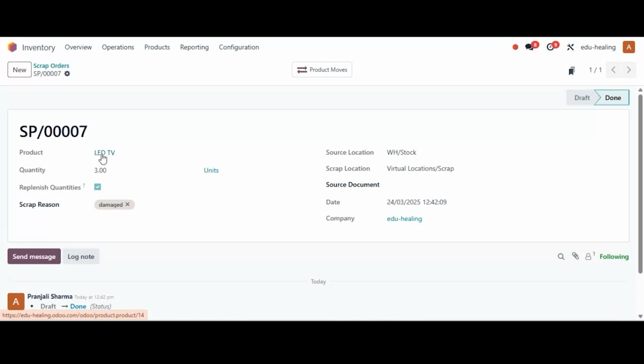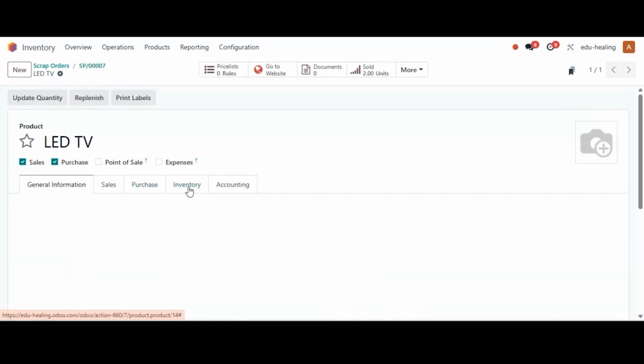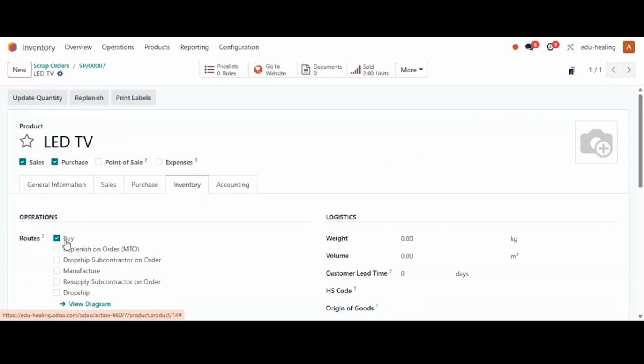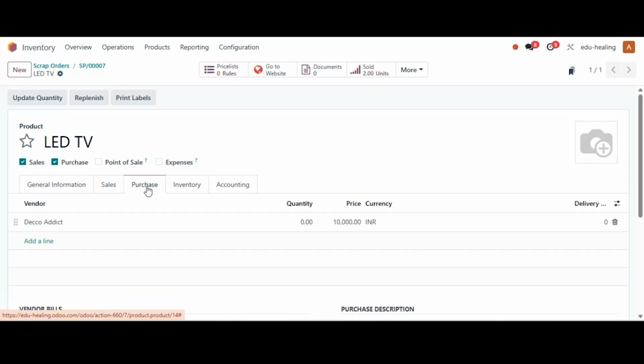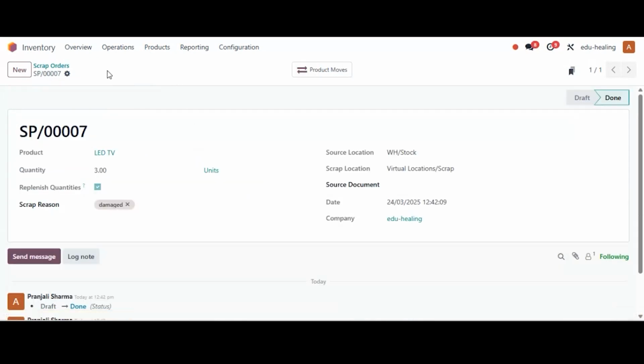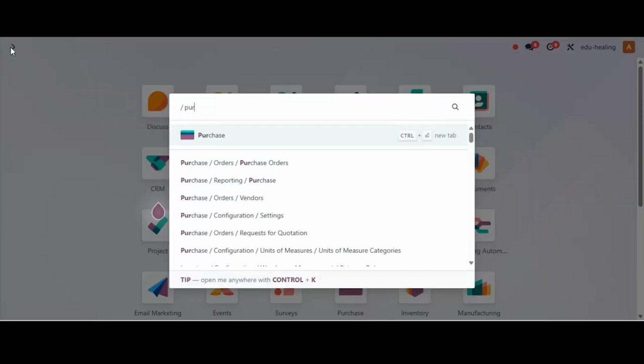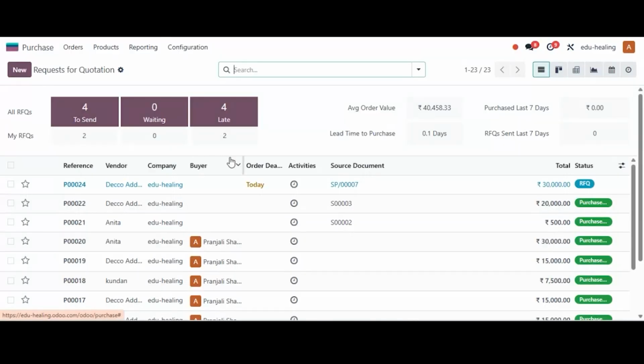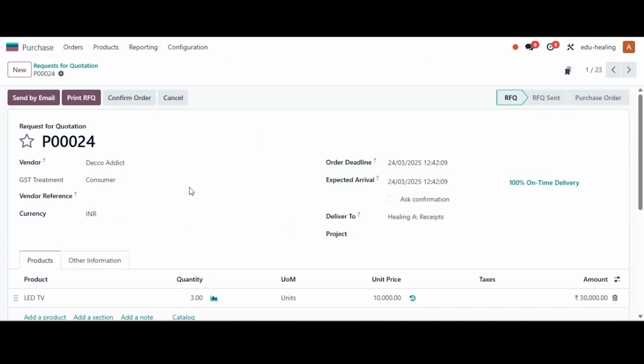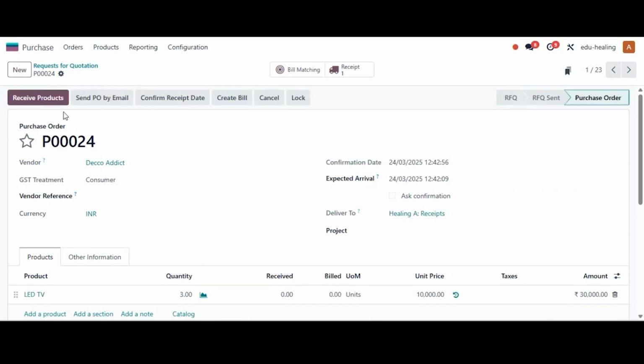So make sure that for this LED TV, in the inventory, the route is set for the replenishment. So as seen, the buy route is enabled here, and in the purchase, the vendor is also defined. So we'll just move back to our scrap order here, and then we'll just have a look in our purchase module whether a purchase order has been triggered or not. So here you can see for our vendor the 3 quantities which we have added in the scrap. So purchase order has been triggered, so we just need to confirm this particular order, and here we just need